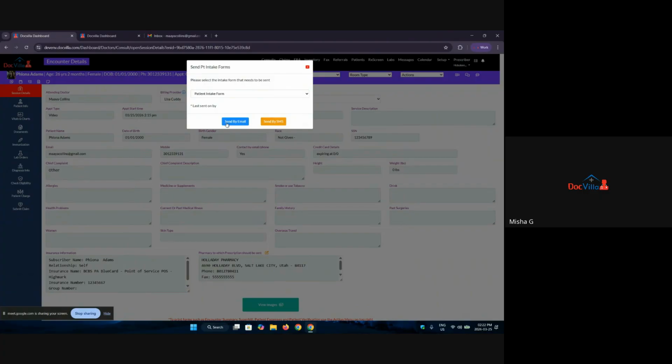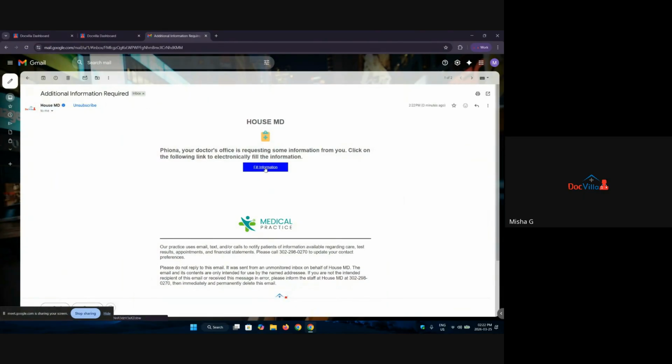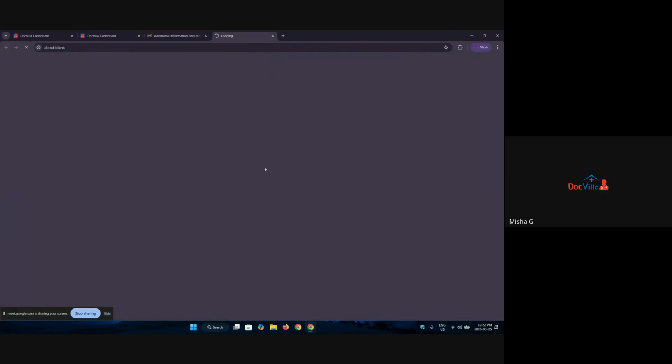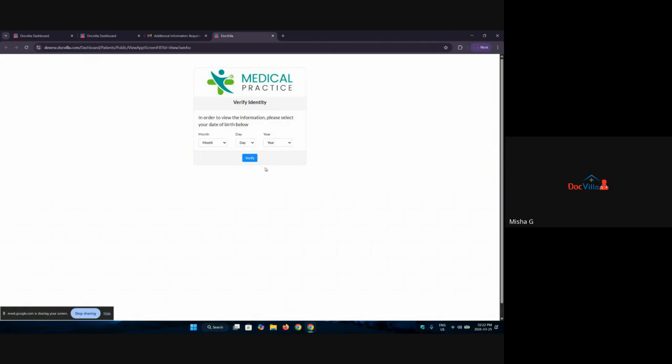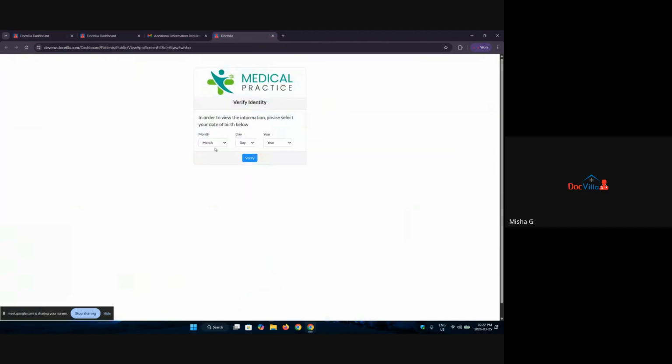Right now, I'm going to send it via email. And once that is done, the system will send them an email that your house MD is requiring additional information. So you open up that email, you click fill information, and then it will take you to a security check where the patient will be asked to put in their date of birth. Again, make sure that you enter the date of birth that you set for your test patient, which in my case is January 1st, 2000. So I'm going to put that information,